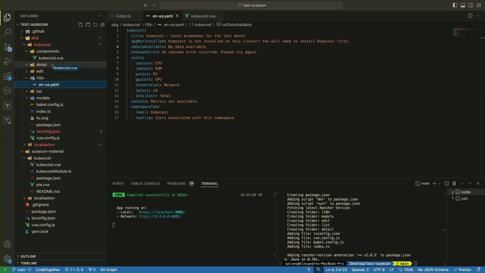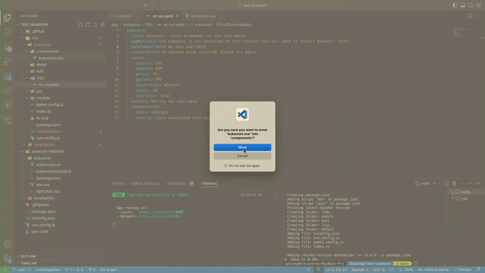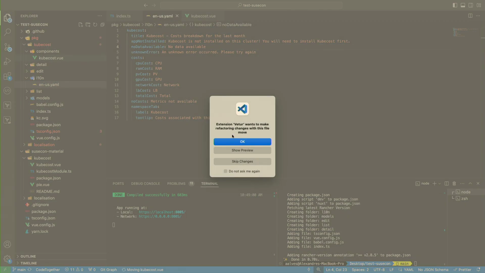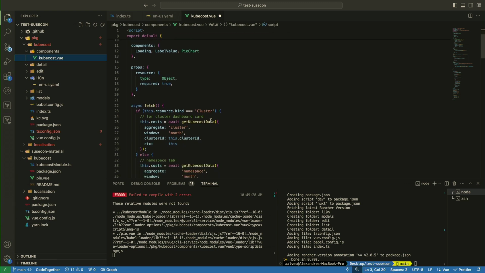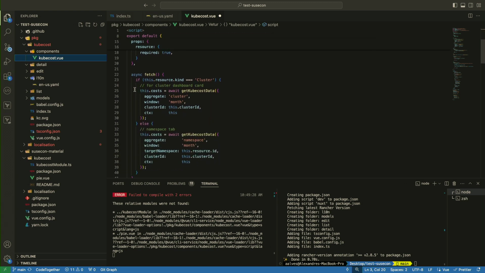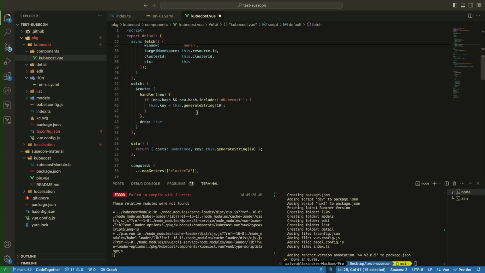I have the kubecost component here. So I'm going to move it. It's going to replace, yes. Okay. It throws an error because it needs a module that I haven't pushed yet. But I just want to show you a bit of the component really quickly. This is using a method called getKubeCostData, which will be a module that I will push, a file which is just responsible for the communication with the kubecost service that is being exposed. It will get the data, parse the data in a format that is consumed by the Vue component, and